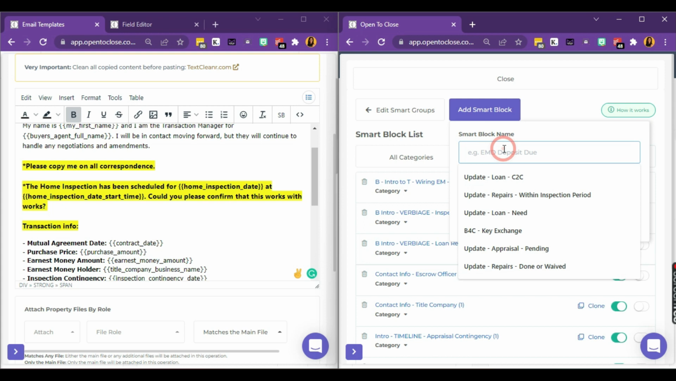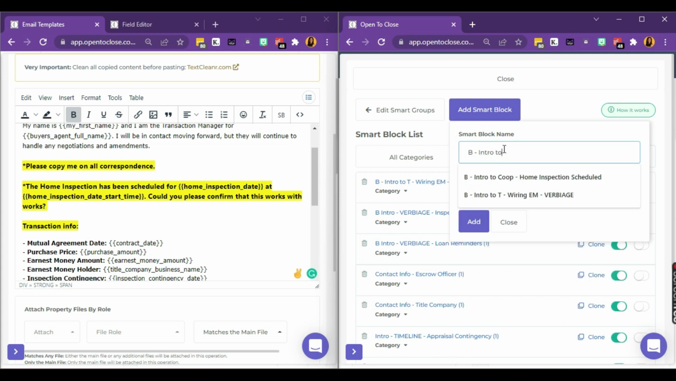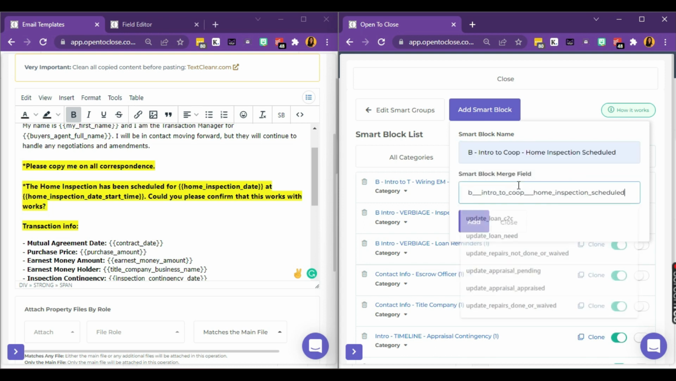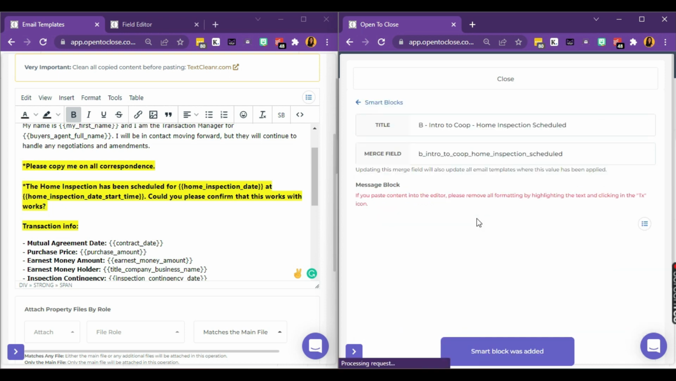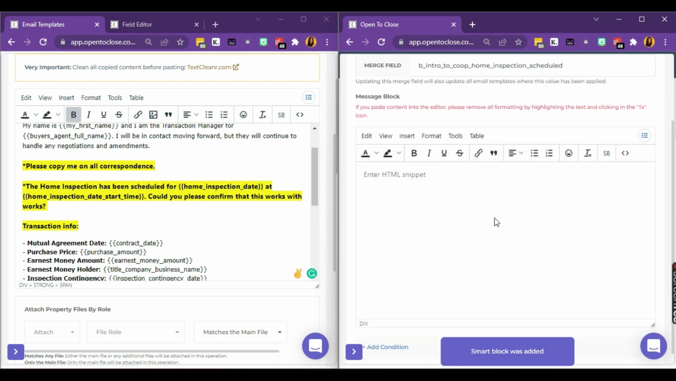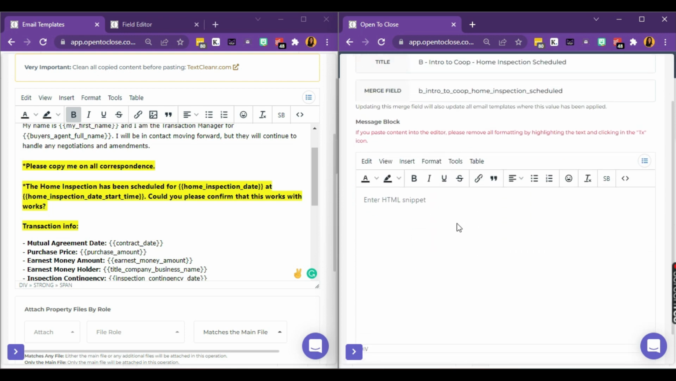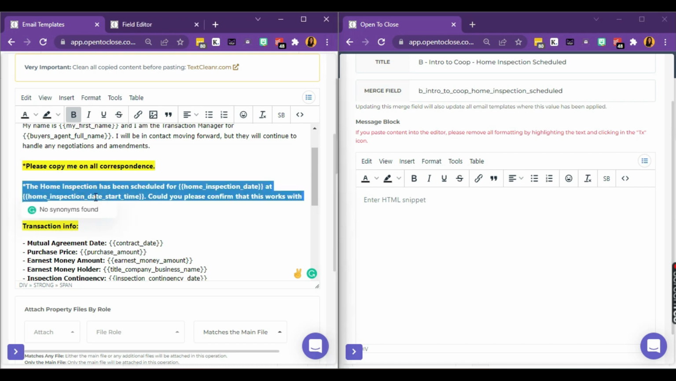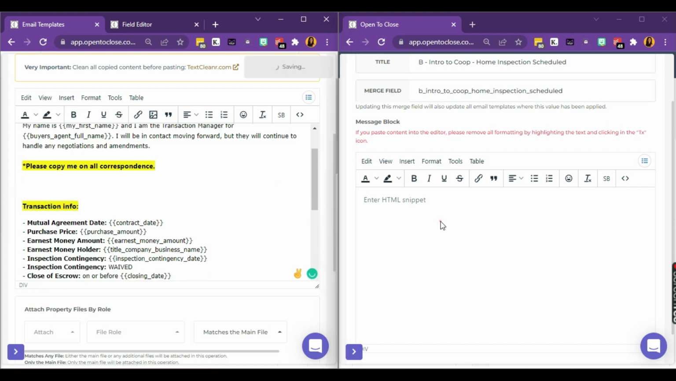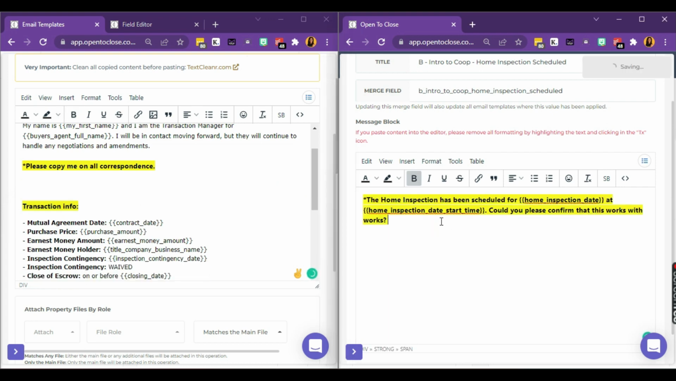For this one, I'm going to do B-intro to co-op, and it's right here, home inspection scheduled. Select all, copy, paste. Always just copy and paste that name to the merge field so that it's easy for you to understand when you're seeing that in the actual email template itself. So now we're going to put our verbiage here. I'm just going to go ahead and select all here. I'm going to cut it, remove it completely from my email template because I don't want that to show unless